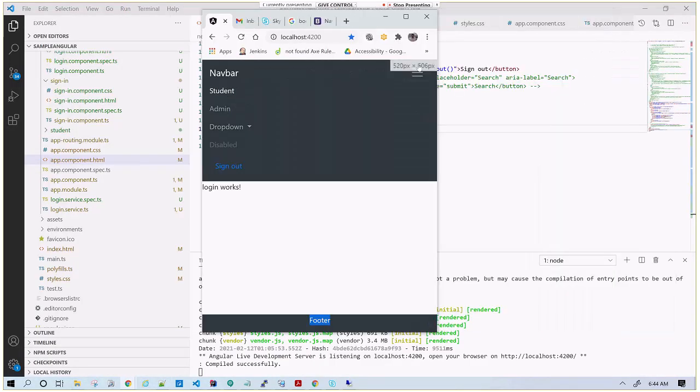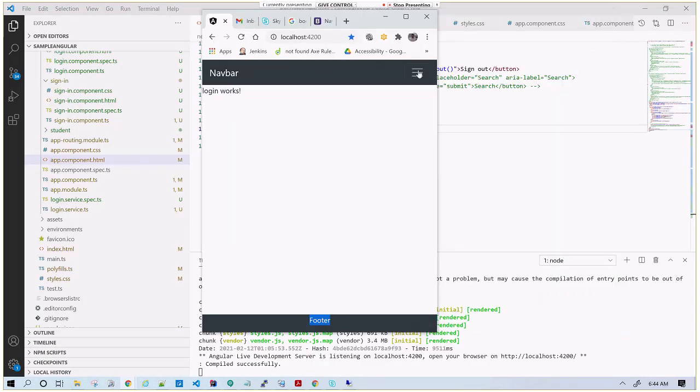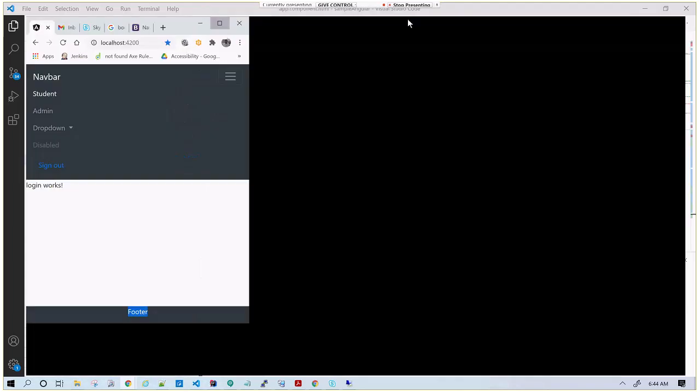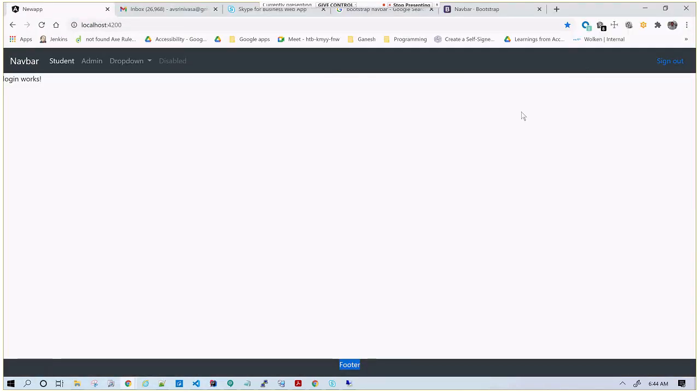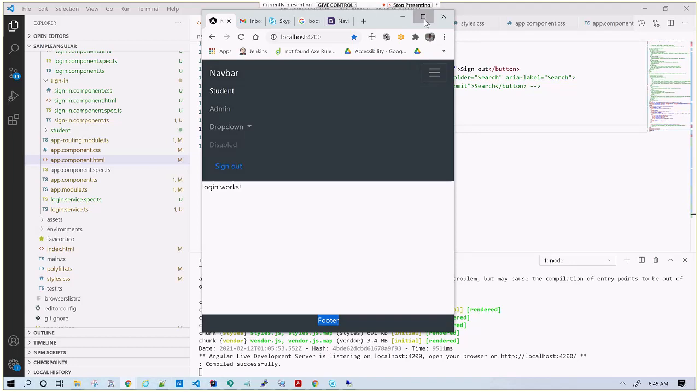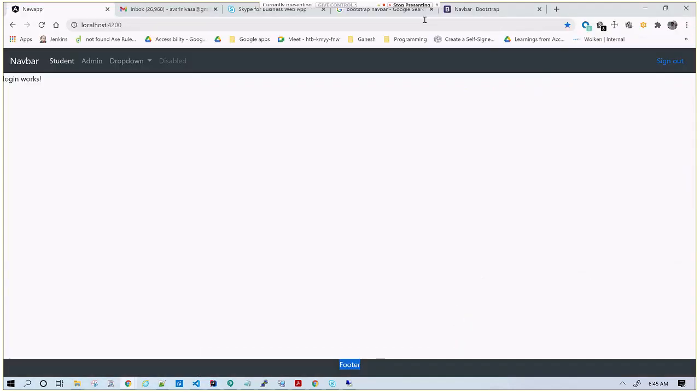In full screen pages, it just shows in a navigation bar. Whether it is in this bar or it will display in a drop down, when you maximize it, everything becomes the tag. It's universal. So when it goes back into your mobile, it will show up like a drop down. Now when you are on the web page, it shows on this. So it automatically adapts to it. That's why Bootstrap and these things they use for this purpose.